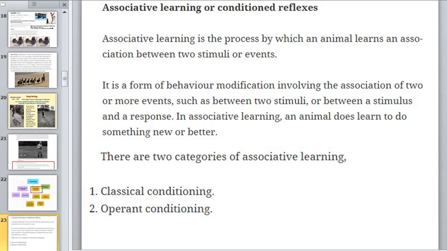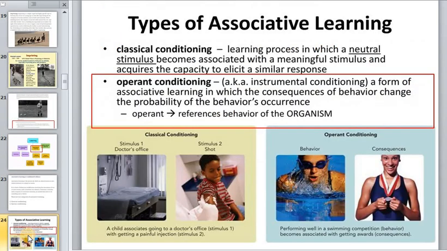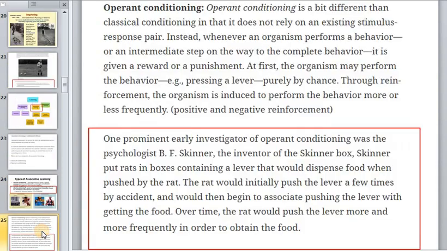In associative learning, an animal does learn to do something new or better, and there are two categories of associative learning: classical conditioning and operant conditioning. What is this? We will start from operant conditioning, or just instrumental conditioning, a form of associative learning in which the consequences of behavior change the probability of the behavior's occurrence. So what we have in this case,